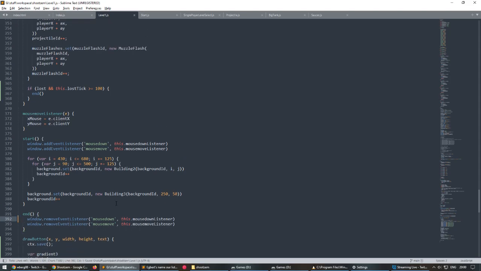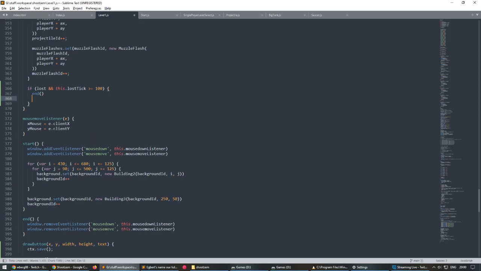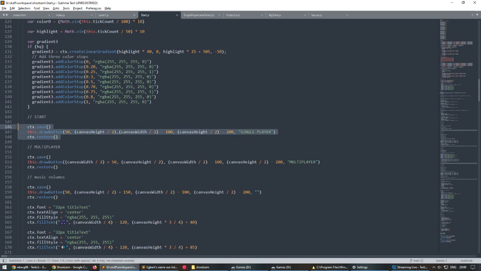call lost as false here, because if I want to check whether the player lost once they re-enter the start screen, then I would need to check. I can't remove it here if I invoke end here. So I'll invoke end, and I'm gonna do the... Let's see. I'm gonna